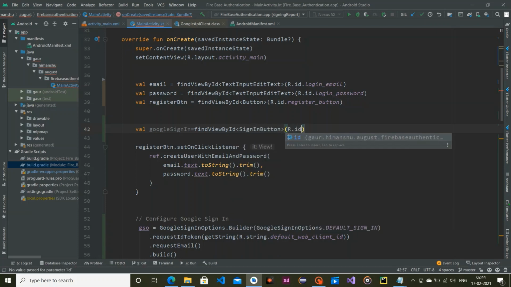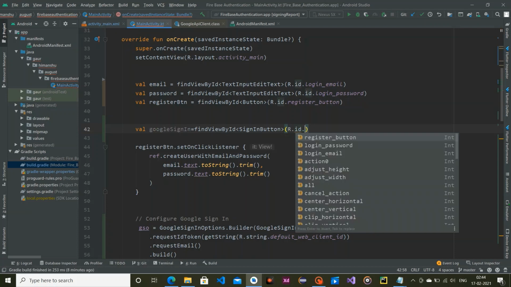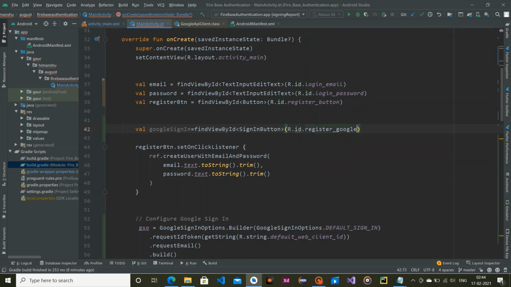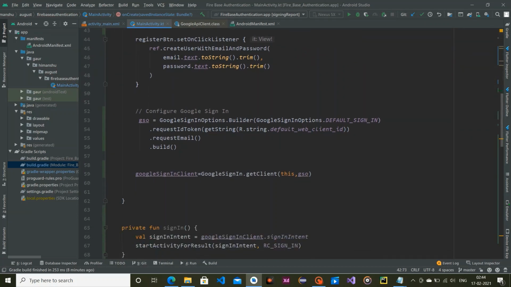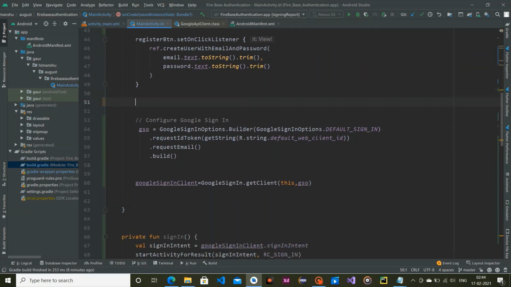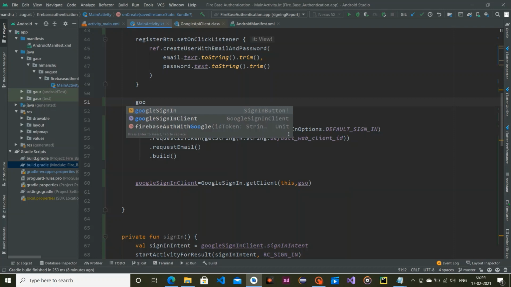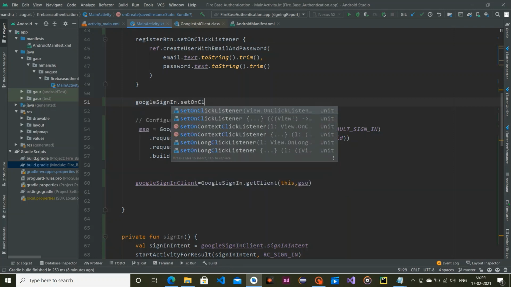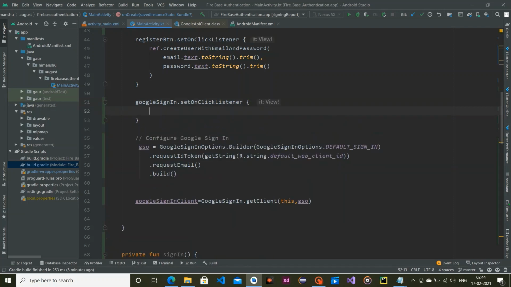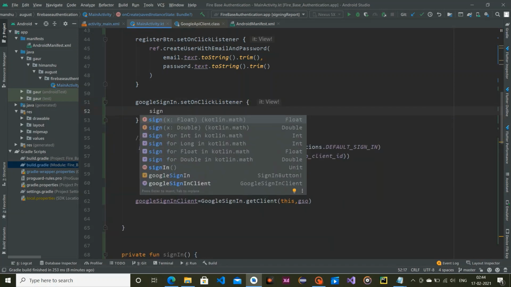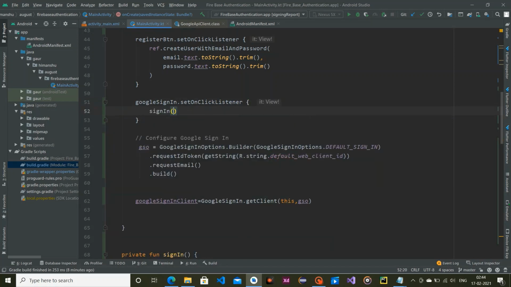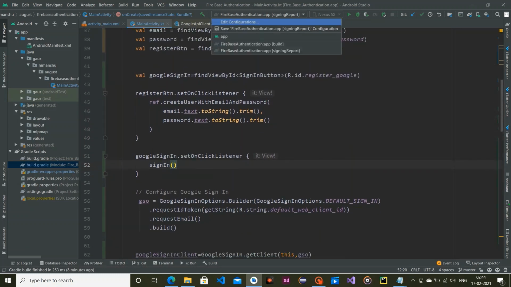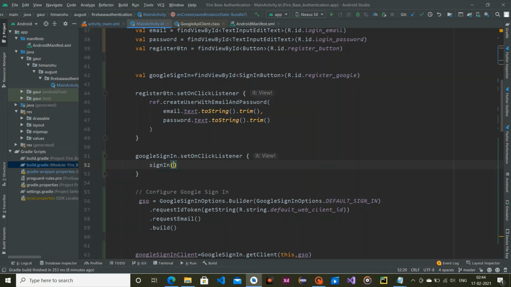Now it's time for R.id dot something, register_google, and when I press this button, Google sign in dot setOnClickListener, we simply use our signIn, and that's it. Now I'm going to run this application on our Nexus 5X.